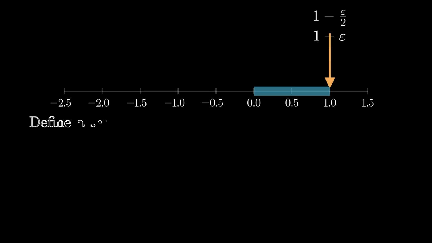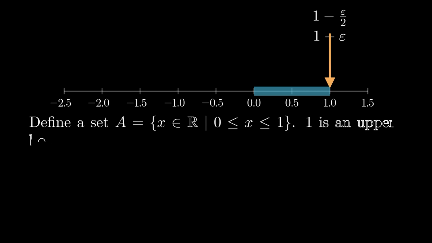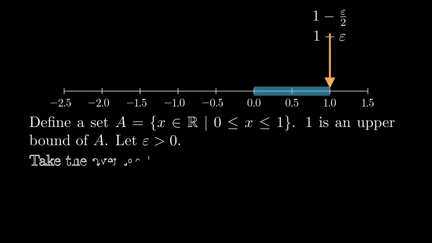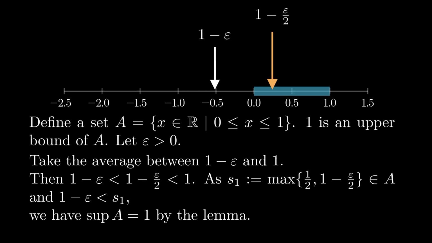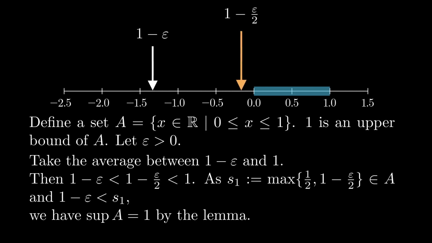Define a set A to be the set of real numbers between 0 and 1. 1 is an upper bound of A. Let epsilon be greater than 0. Take the average between 1 minus epsilon and 1. Then 1 minus epsilon is less than 1 minus epsilon over 2, which is less than 1. Let s1 be defined to be the maximum of 1 over 2 and 1 minus epsilon over 2,